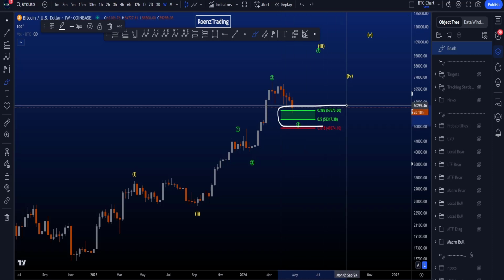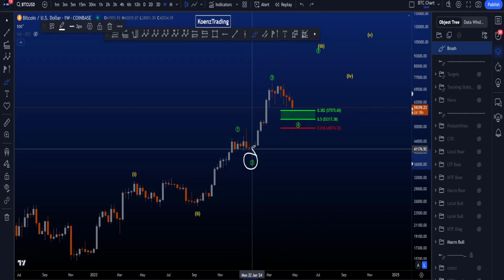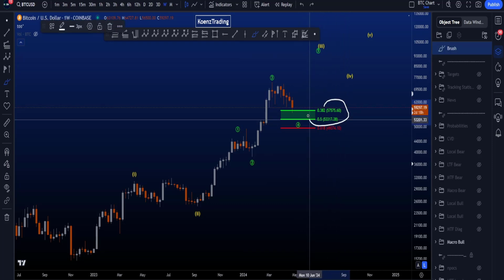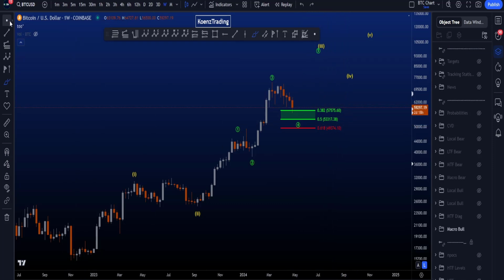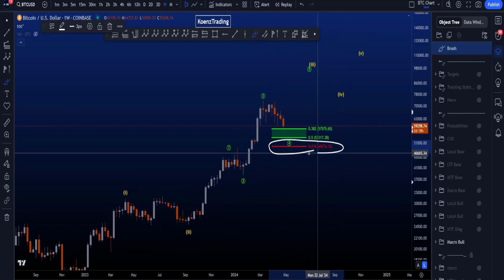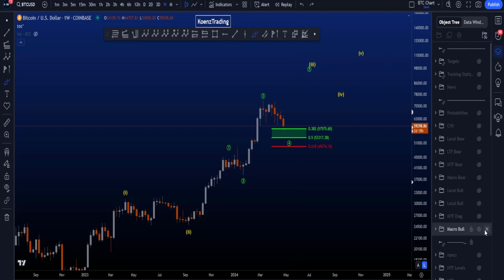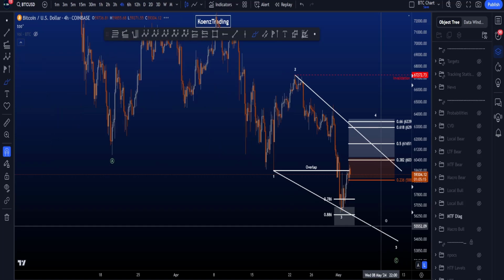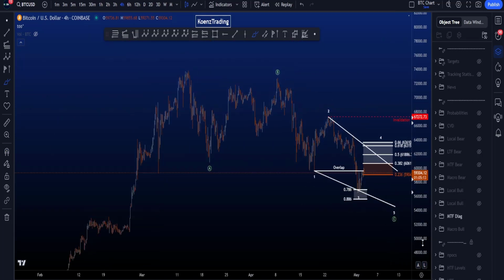Common target area for your wave 4 is the 0.382 to the 0.5, taken from the low of 2 to the high of 3, giving you a target area between 57.5k and 53.3k, with the invalidation of this scenario being the 0.618 at 49.3k. On the 4-hour time frame, we're then looking for this diagonal structure in a wave C